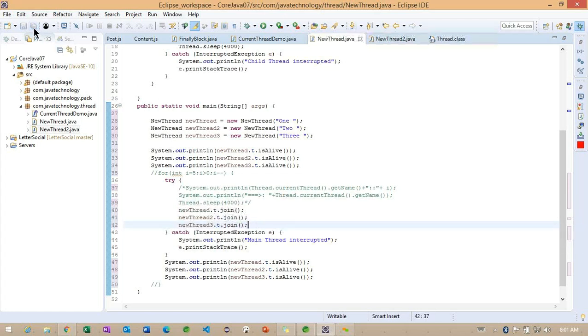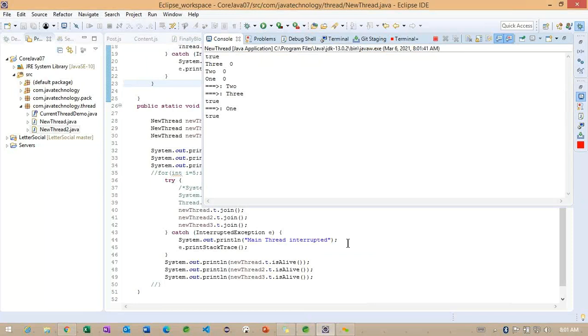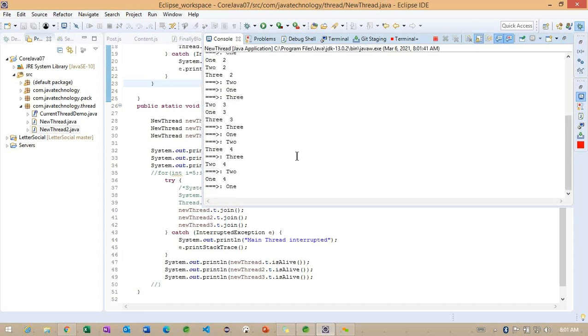Now, if I save this example, you can observe here. One true we identified here, the second true here, and the third one here.